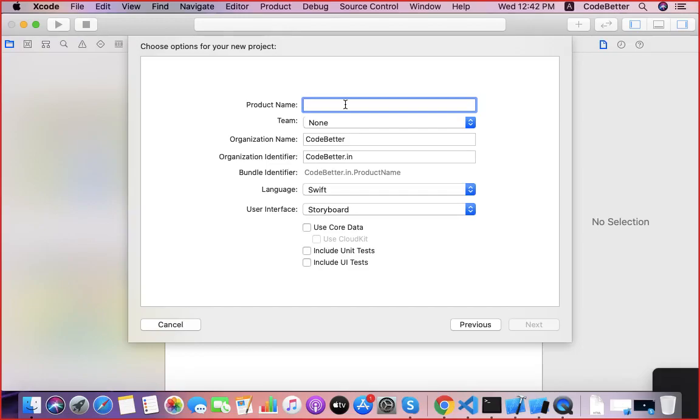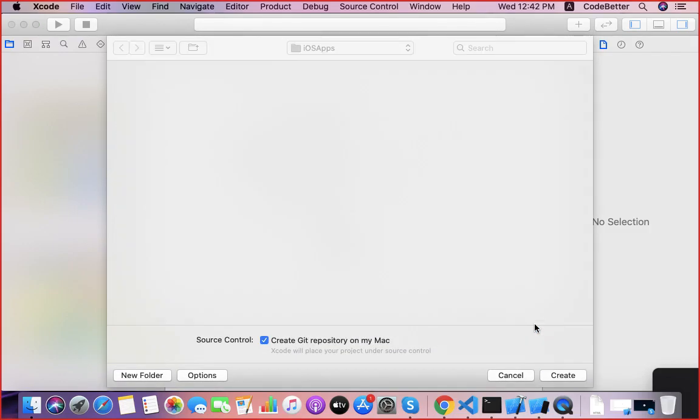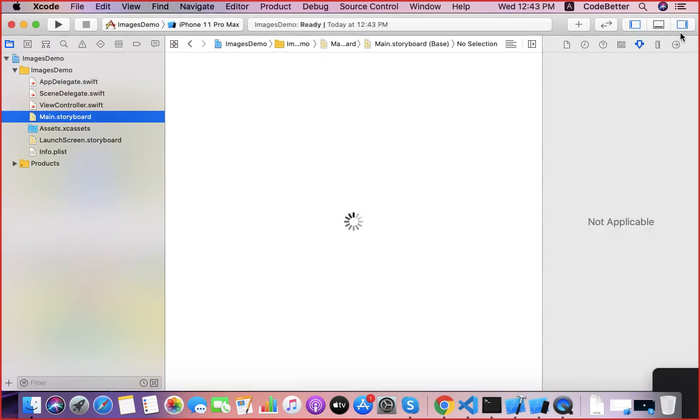Learn about how to add images in our application: how to add images, where to store the images, and how to display them in the application. To display an image on the screen,